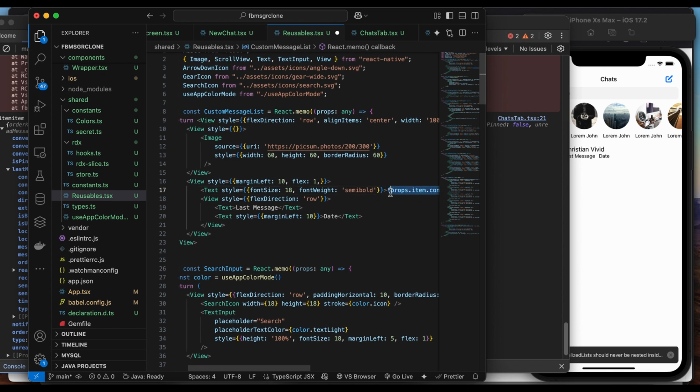Then the last message, props.item.lastMessage, then dot message. And now this is going to be to properly format